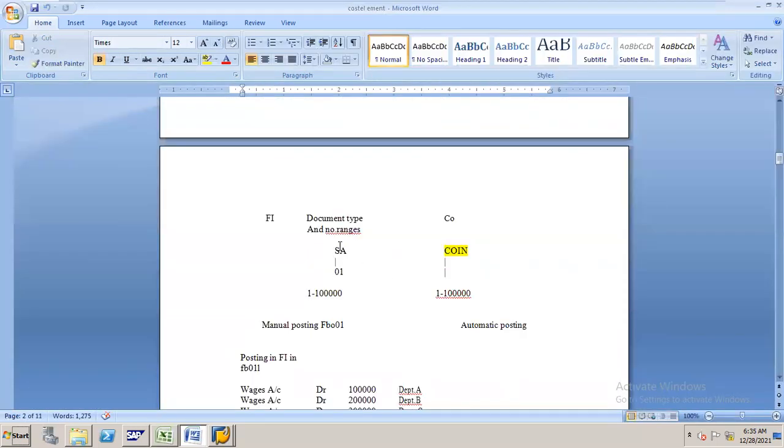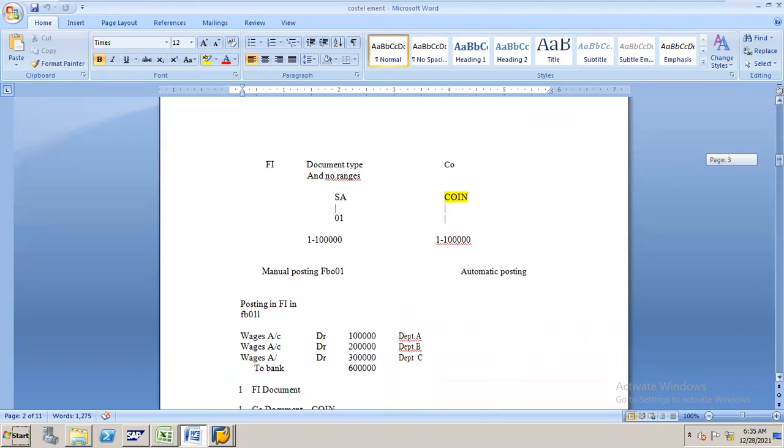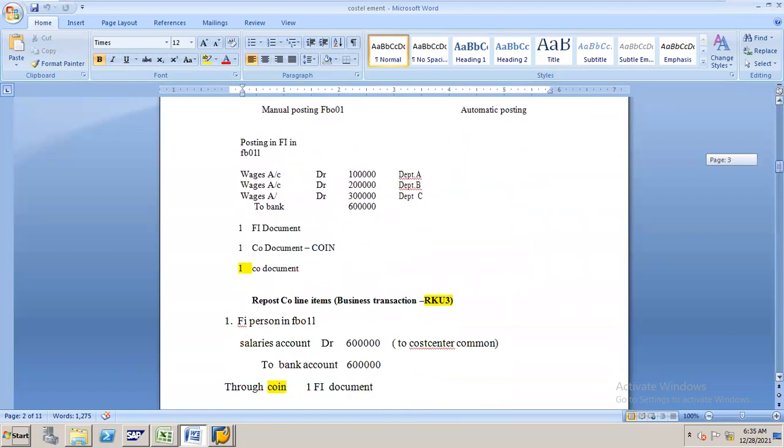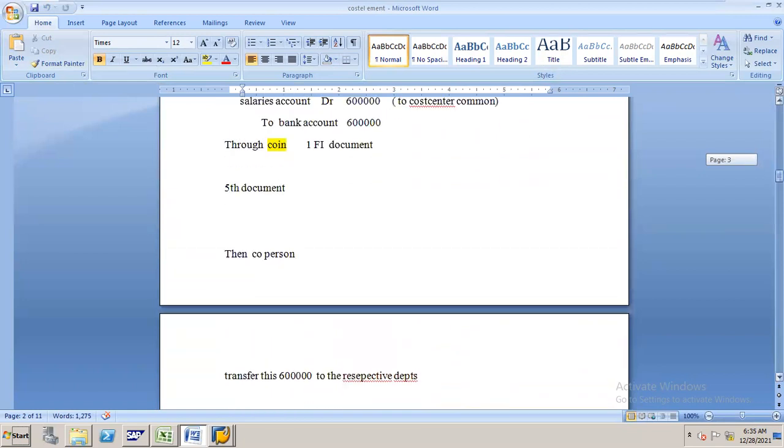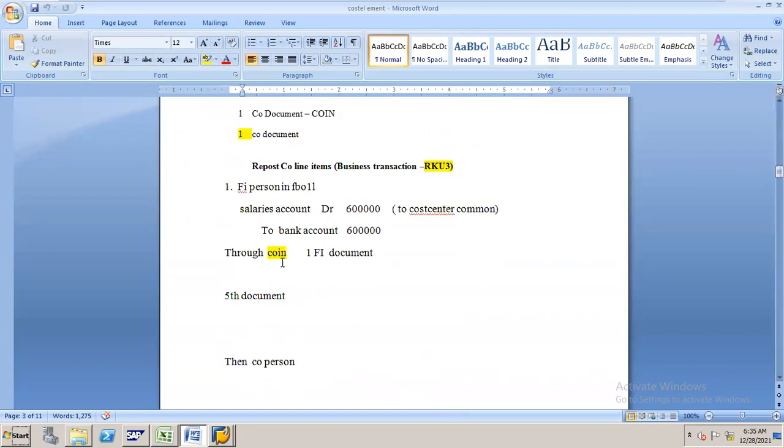Like the document type we are maintaining, here also we maintain COIN 1 to 1 lakh. Under 1 to 1 lakh, I will assign the COIN process and I will assign RKP1, RKU3. Why do I have to assign the COIN process under 1 to 1 lakh? By activating this COIN process, suppose